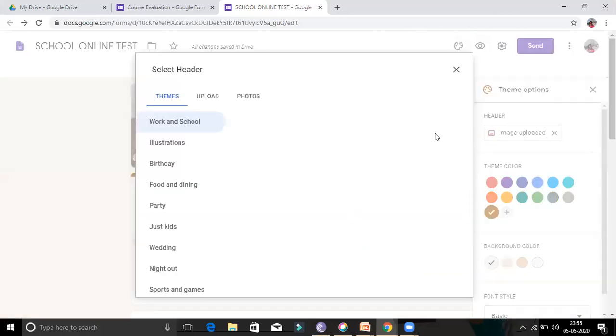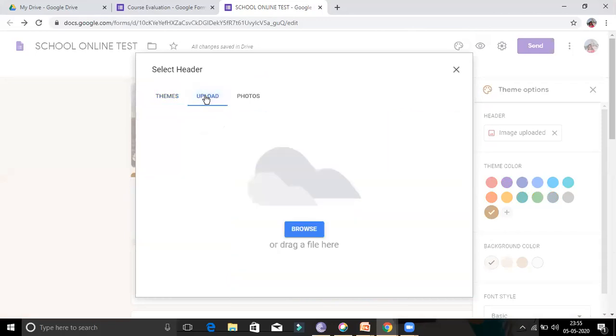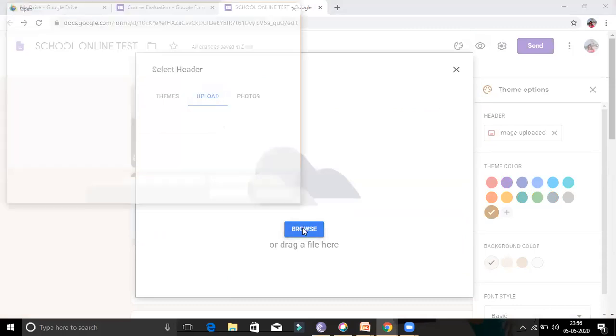See here, you can select from here. Otherwise, upload, or you can save from drive. I'm selecting from drive.